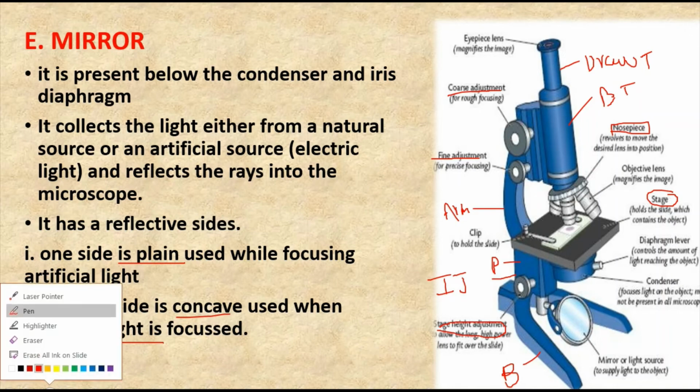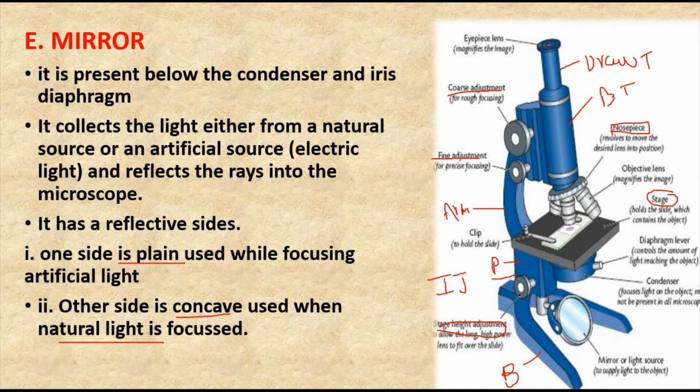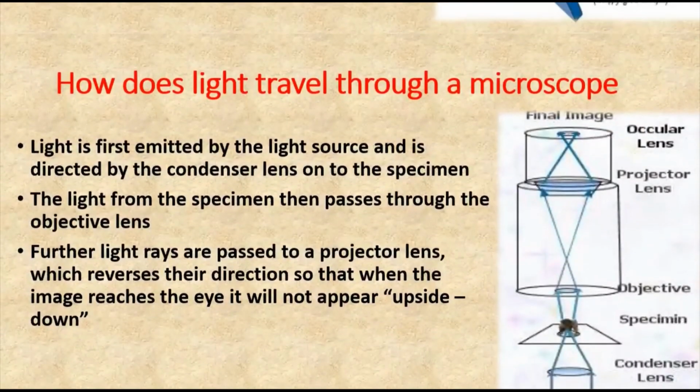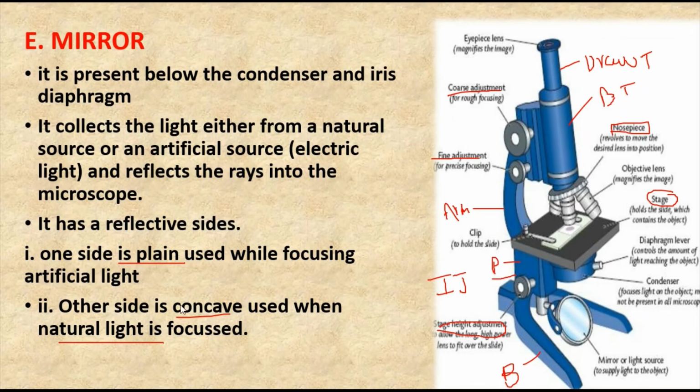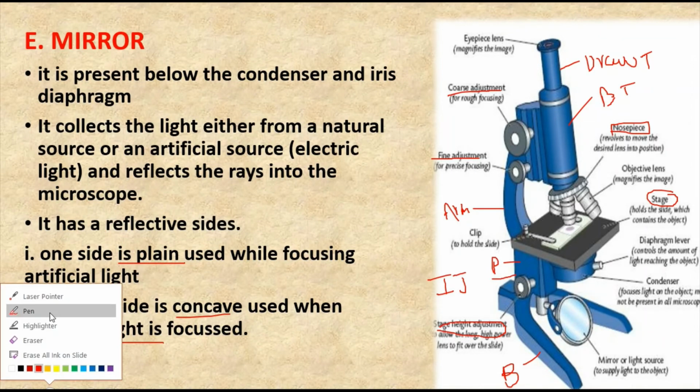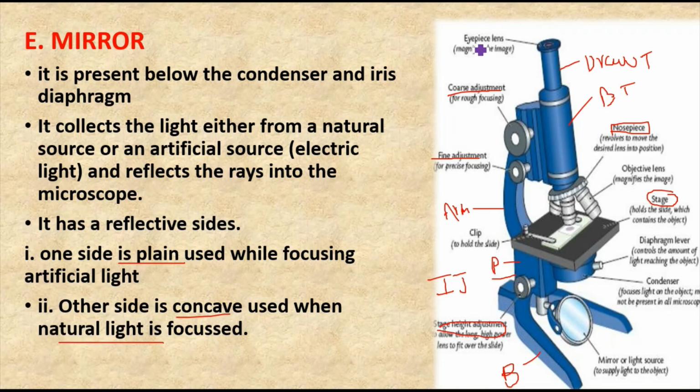Then moving to what we call the optical parts. So here you can see optical parts, the first one is the eyepiece, which is also called the ocular lens, which helps in magnifying the image that was already formed by the objective lens. As the lens is near to our eye, maybe they were named eyepieces, which is also called the ocular lens. The second type of optical part is the objective lens.